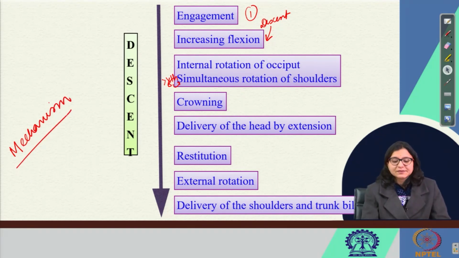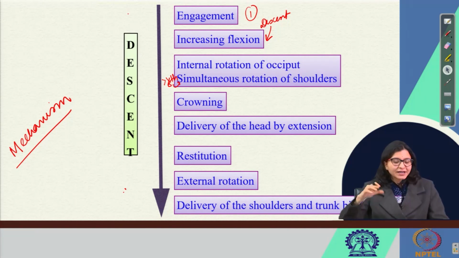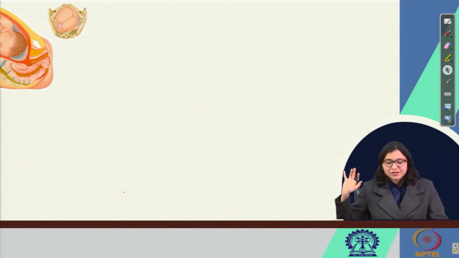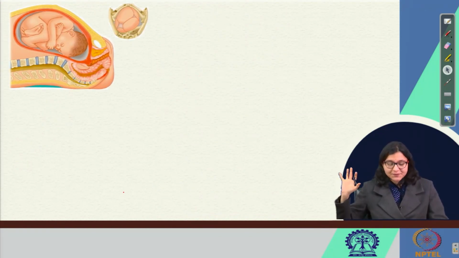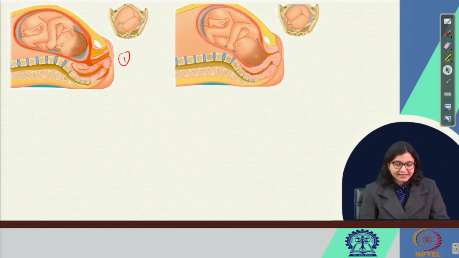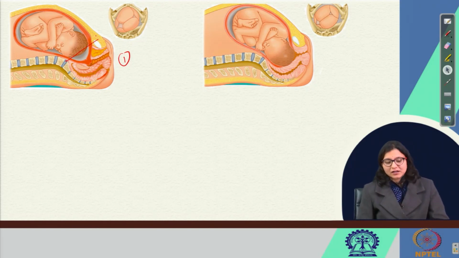And in all this process, descent occurs right from the start to the end. The descent occurs and thereby the fetus is born out through the birth canal into the outside world. So, that was regarding the steps of normal labor, just a pictorial diagram. So, this is the first part, that is engagement taking place. Here you see this is the pelvic brim and engagement is biparietal diameter crossing the pelvic brim, right.